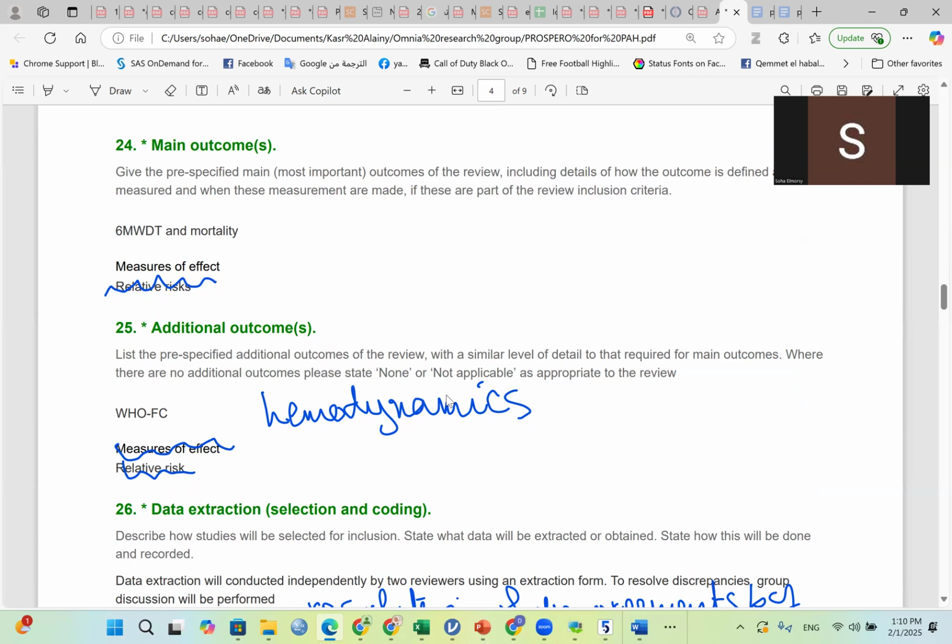For the additional outcome measures, these become less important. However, it is very essential to list all the additional outcome measures that you can think of. Now, where do you get them? By that time, you have already read some of the primary studies under your systematic review. In these studies, you are going to find many outcome measures. You have to take note of these and list them all as additional outcome measures in your protocol.